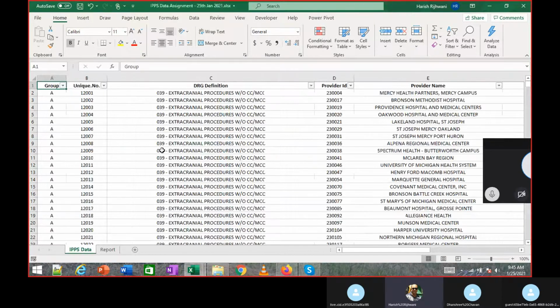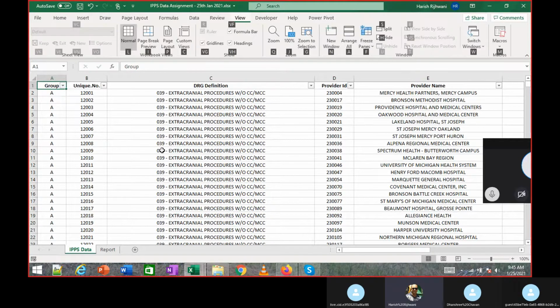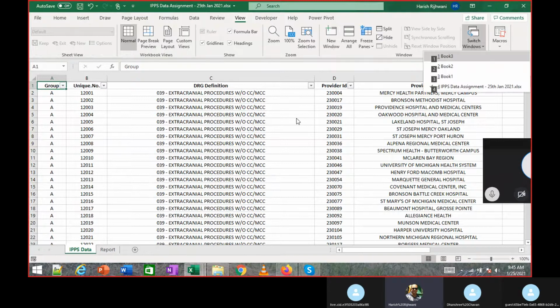Control Tab works. Now the other way is if I press Alt W. If I press Alt W, it goes to this View window, and here you see this option of Switch Windows. If I press W again, it shows me a list of all the Excel workbooks which are open.